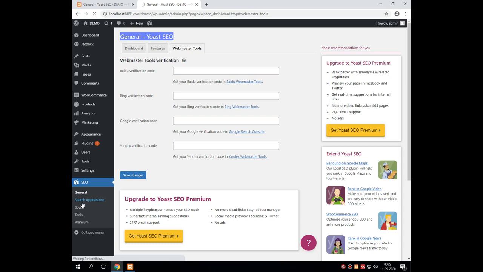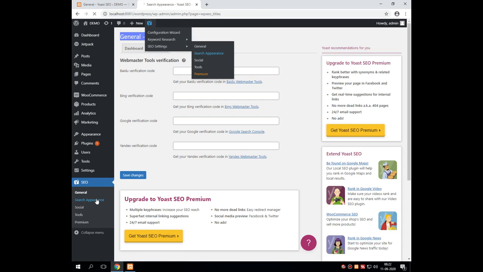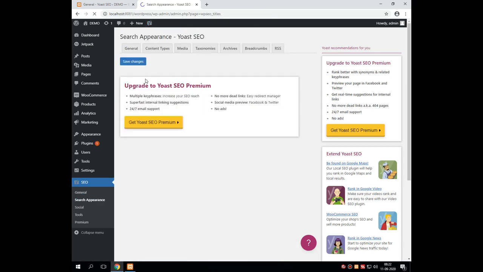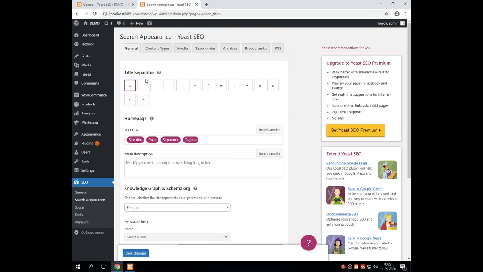Then next one is search appearance. Even that is available in the second option of this one. Both are the same. In search appearance, it contains tabs like this, where the first is title separator.